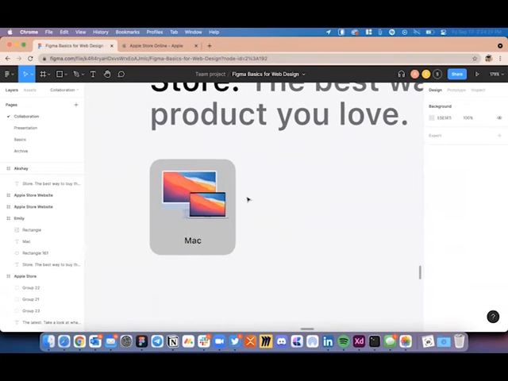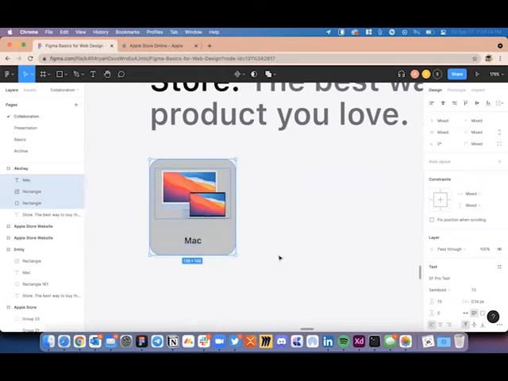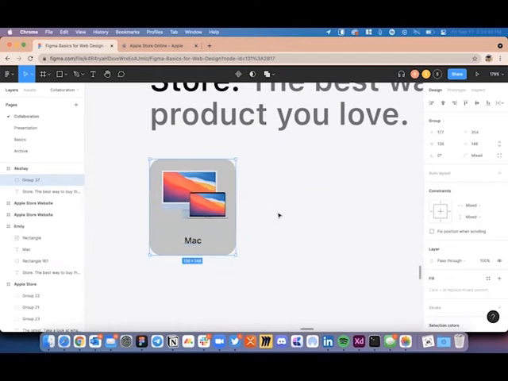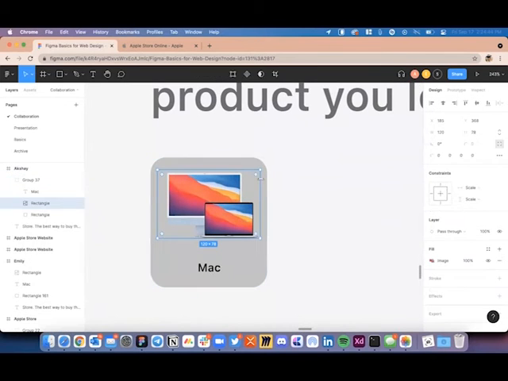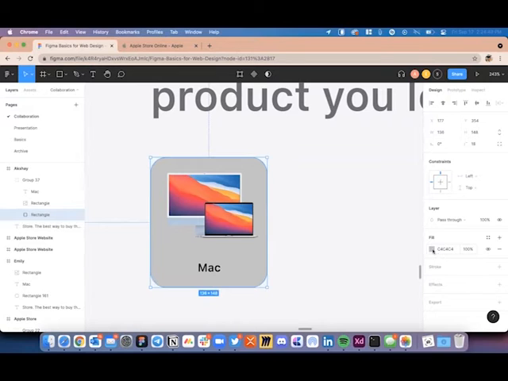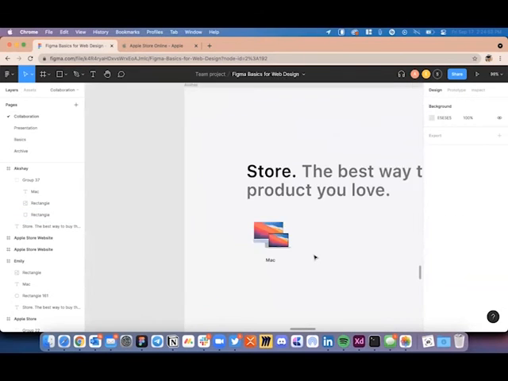And then you can go ahead and reduce the opacity of the box. Before you do that, if you can switch to my screen once again, I'd recommend you to select all the three layers, the text layer, the image, and the background. Then press Ctrl G or Command G, group it up, and you can either double click to go inside the group, select the background, and reduce the opacity all the way to 0. Or you can also make it the same as the background color so that it's not visible.